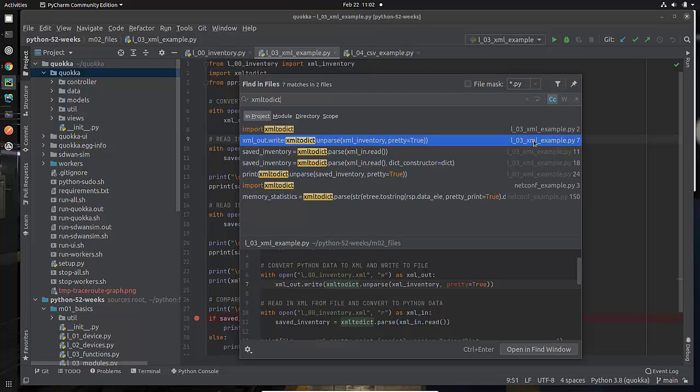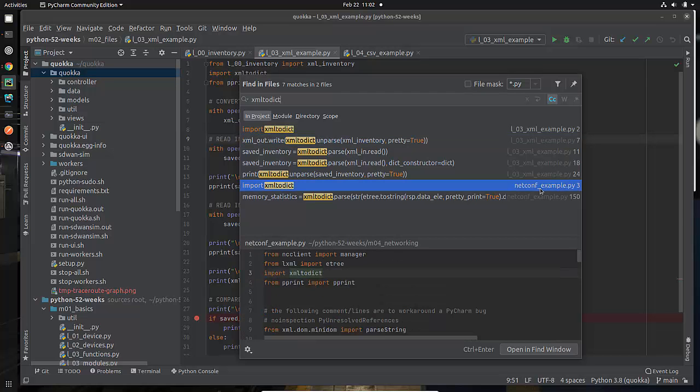My code uses the other libraries, not in a terribly intelligent way. When we do get into netconf, you can look at the netconf example, and you'll be able to see a little bit of how I use it. What I'm actually using there is LXML, which allows me to traverse the tree of XML data. But nothing uses XML to dict in Quokka right now, so nothing to show you, nothing else for you to look at. So sorry about that, maybe in the future, but for right now, for this review, you'll have to be satisfied with this